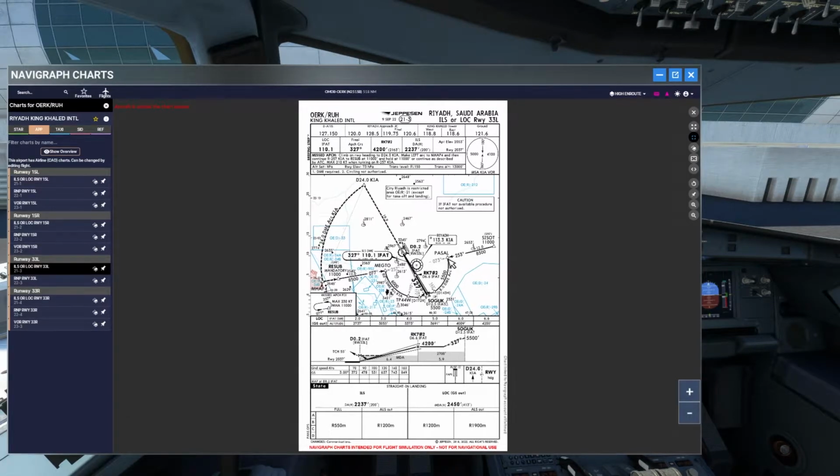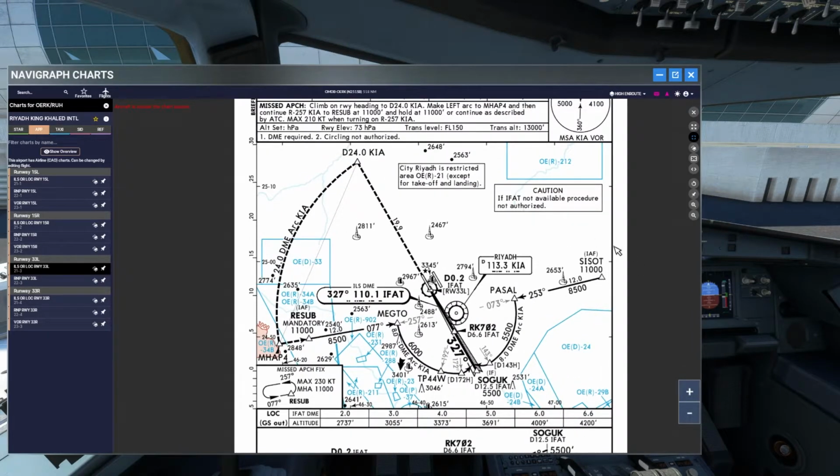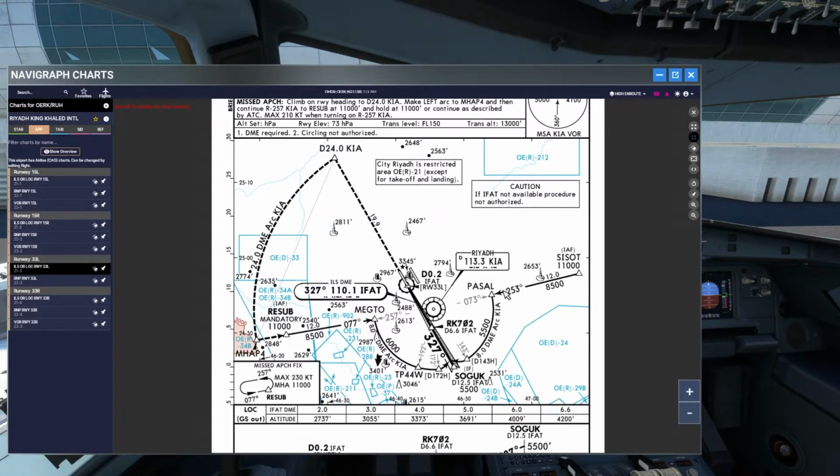Yes, 33 left. So it will go to Sesot, not the Parcel. Coming from that point, it will actually go to Sesot and not to the one that I've shown you before. From here, it will then fly towards Parcel, heading 253 degrees. Altitude is given as 8,500. So it will just fly in this direction, 253 degrees, and then